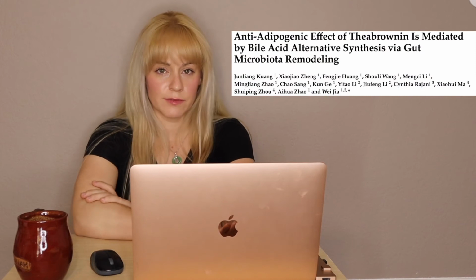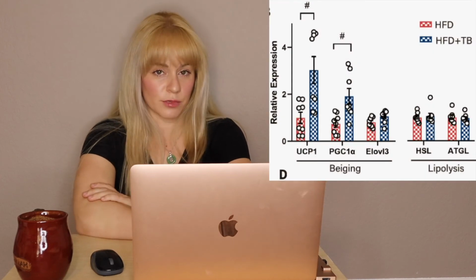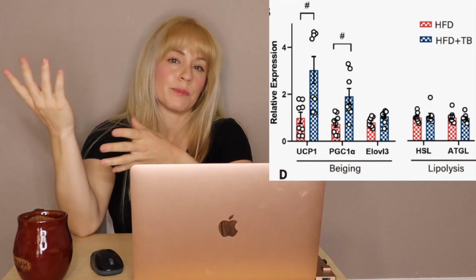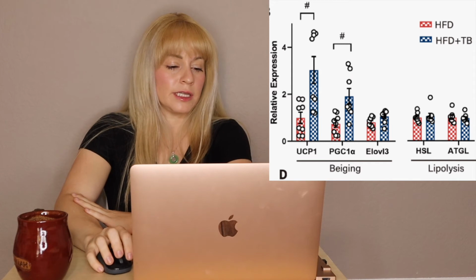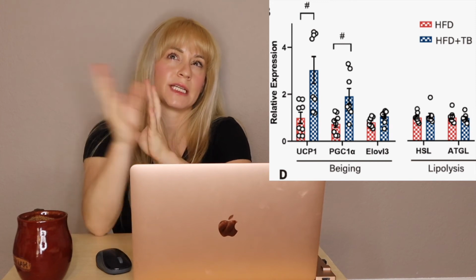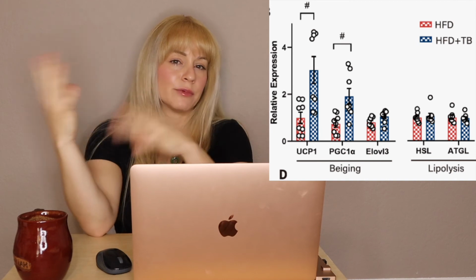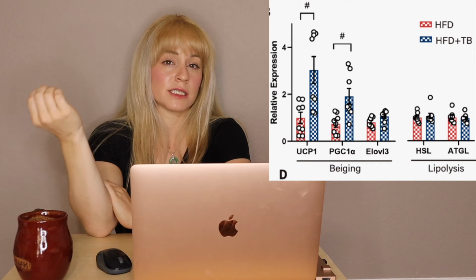Another study shows significant increase in UCP1 for mice given tea extract. UCP1 is uncoupling protein, and it's associated with fat burning and thermogenesis. An increase in UCP1 leads to beiging of fat cells, and that basically means that the fat cells are developing more mitochondria, and they're able to burn energy more, and they tend to burn energy more for heat and